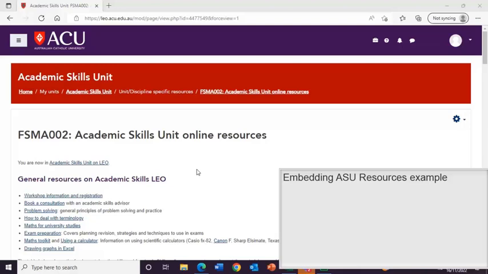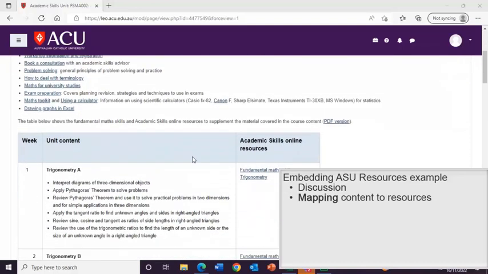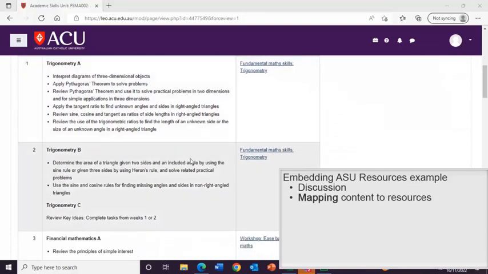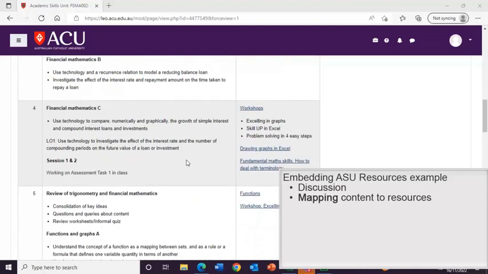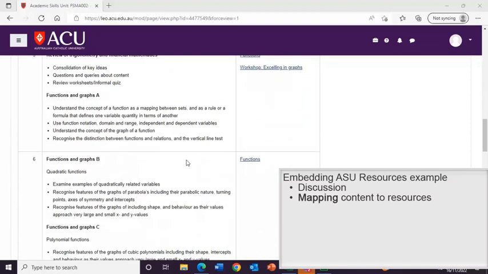Here we outline an approach for embedding content and how we applied it to a mathematics unit in Foundation Studies. In consultation with the lecturer, the following page was developed and made available to students on their unit's Leo page. Generic and topic-specific resources created by ASU were aligned to the weekly learning objectives and teaching content for the unit